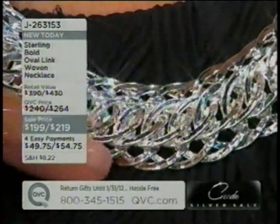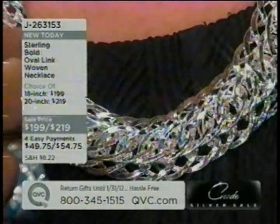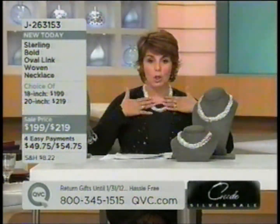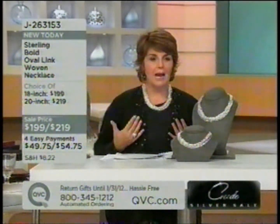So there's sort of a flatter base, and then it looks like a second row of chain has almost been soldered on top of that, but it's all been woven to create this high-low dimensional effect. It curves around the neck beautifully. This is the 20-inch that I switched into. Curves around the neck really nicely. It's kind of that